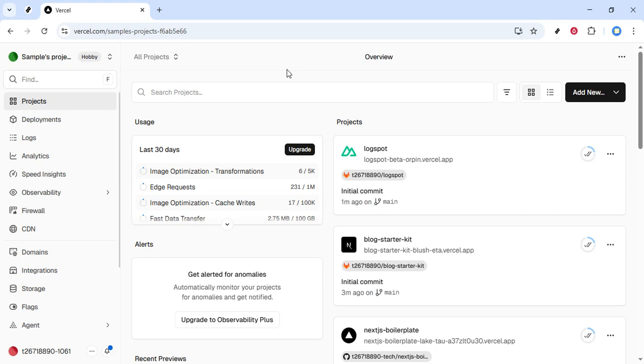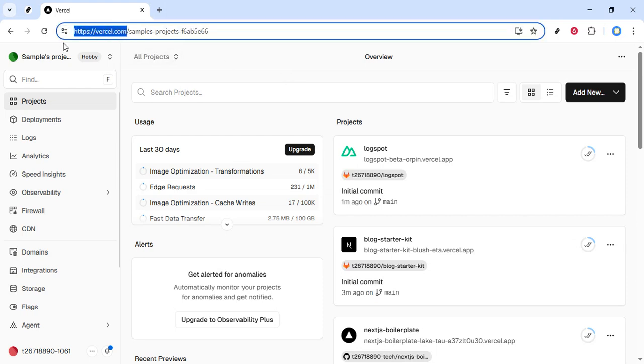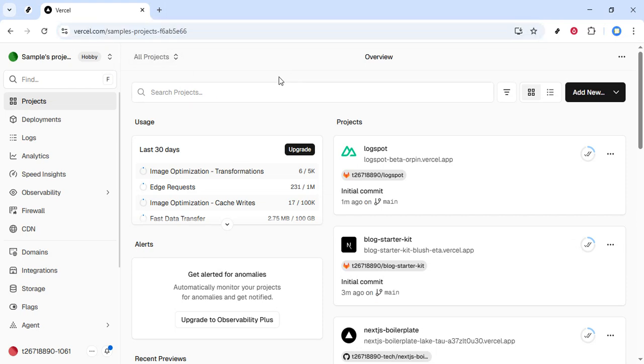step by step. First, open your browser and go to Vercel's website by typing vercel.com into the address bar and hitting enter. If you're not already signed in, go ahead and log into your account. You'll land in the Vercel dashboard where you can see your projects and activity. Take a moment to make sure you're in the correct team or personal workspace, especially if you have access to